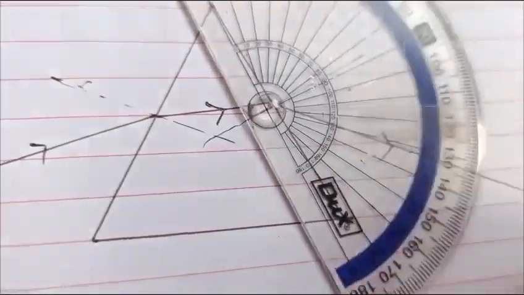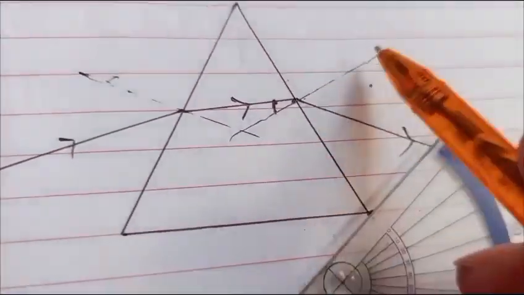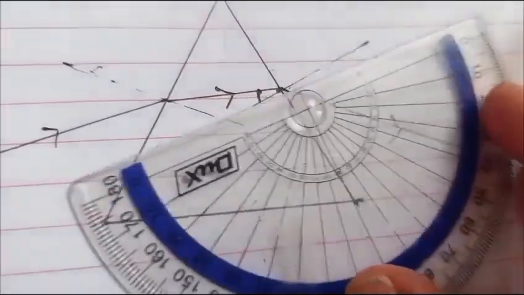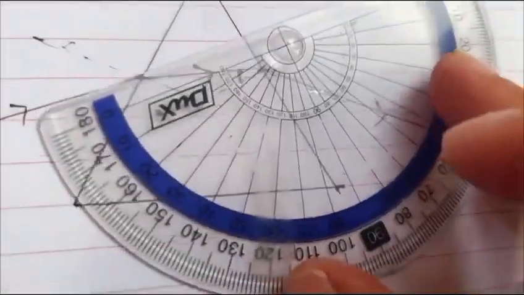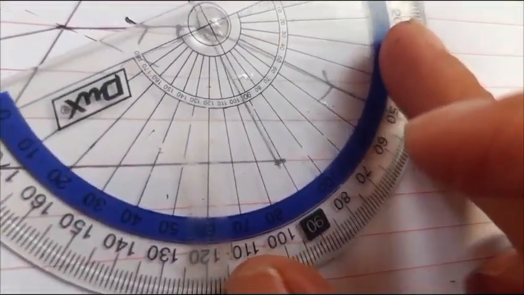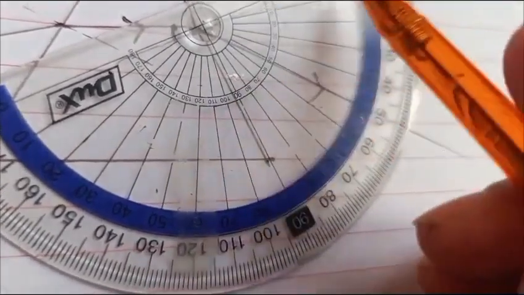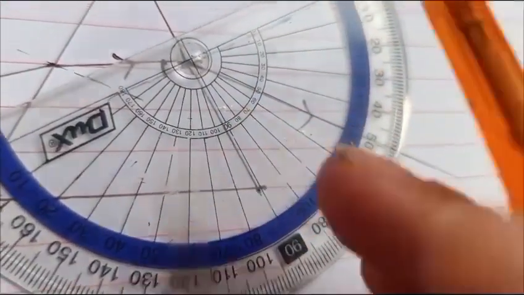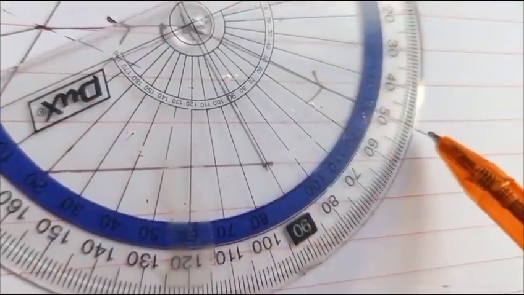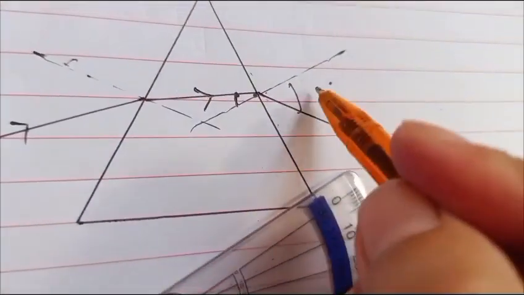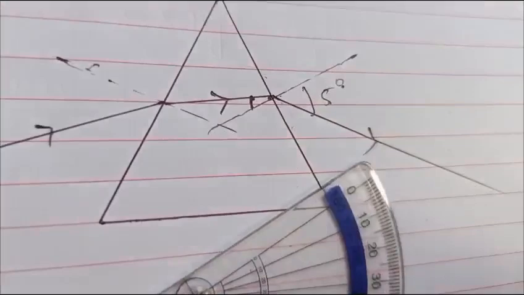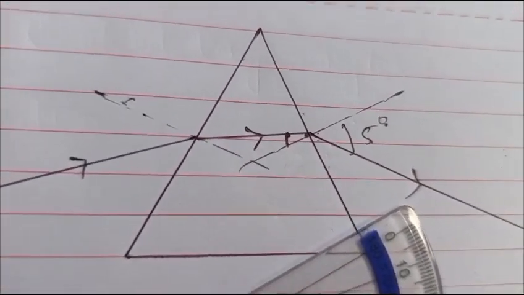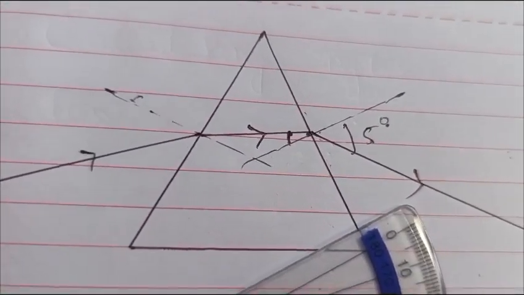Acha. And if you want to place it at 0, so this will be at 90 and the angle is at the bottom, so you will rotate your protractor like this, okay? So 0, this at 90, so from 0 directly measure the angle, you will get this angle. So in this way you will measure the angles of incidence and angle of refraction, okay? I guess it will be clear now, okay?